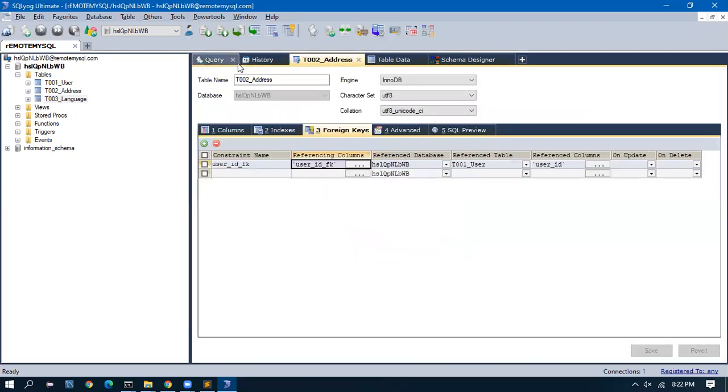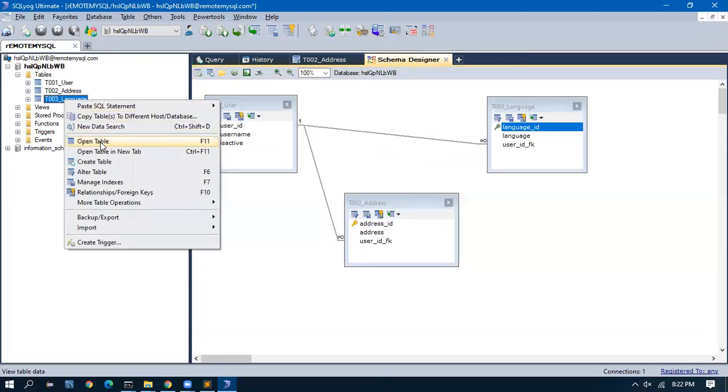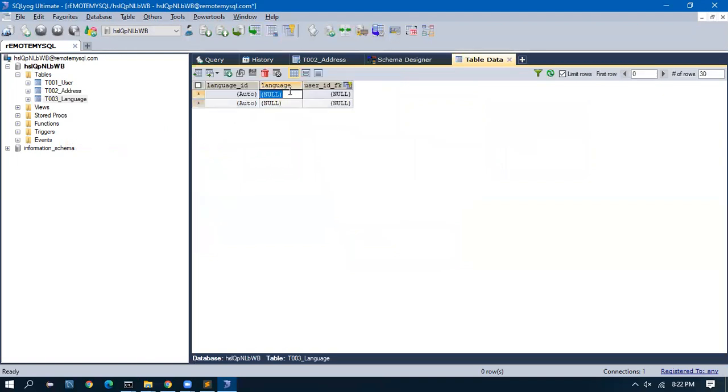So if I go to the language table, okay, but where is it? This is not the new language table, I extended the table. Okay, here it is. So I'll have a language as Hindi. Which user? User 1. User 1 can also speak English. User 1 can also speak Tamil. Now user 2. User 2 can speak German. User 2 can speak Hindi.